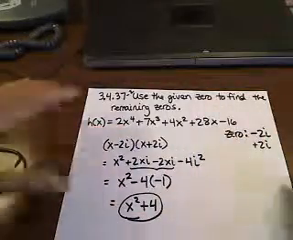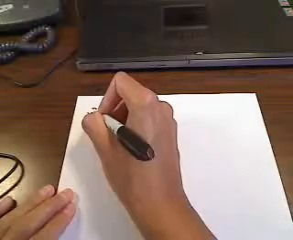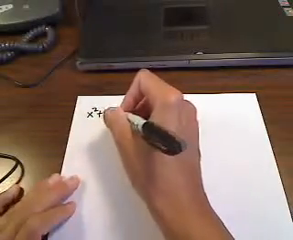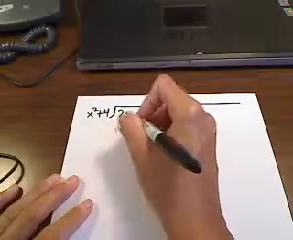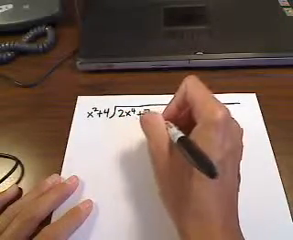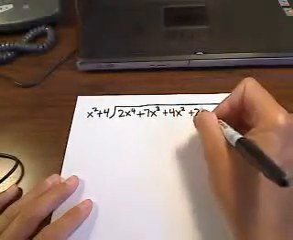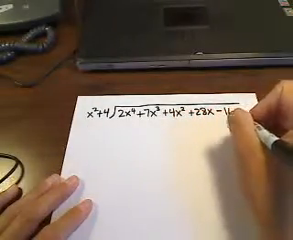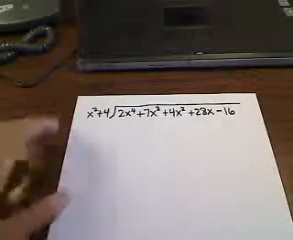Okay, so let's do that on another line. So we're going to take x squared plus 4 and divide it into 2x to the 4th, 7x cubed, 4x squared, 28x, and then minus 16. Okay, so the same way that I did it in the last video,